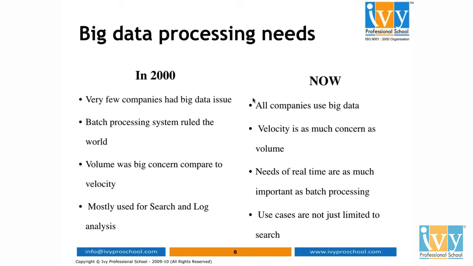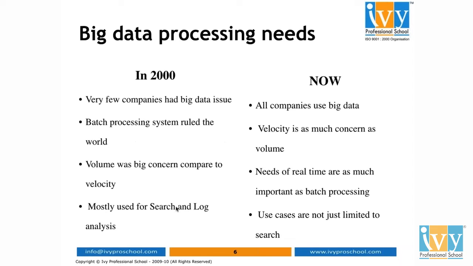Like I told you what real time is: in real time, there should not be any time lag. Now real-time processing is so important. Supposing in credit card fraud detection, you do some transaction here in India, and after an hour or so the bank sees that your card has been used for a transaction in the US. That is a fraud, right? It needs to inform you in real time, at that point of time. If it informs you later, then the fraud would have occurred. That example of credit card fraud detection is what we call real-time processing.